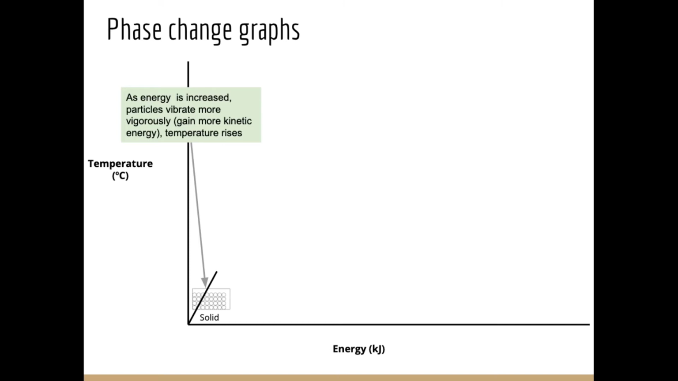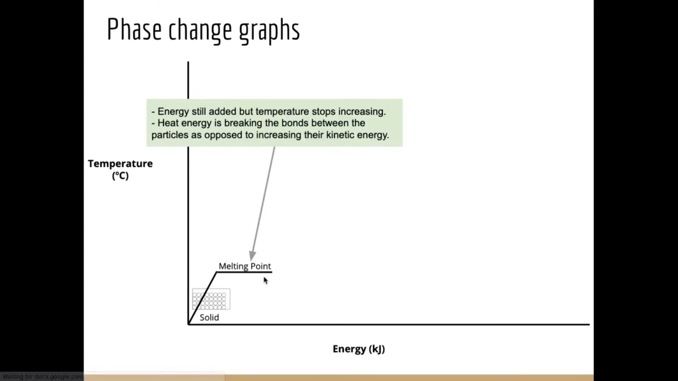As they vibrate more, they're still vibrating around a fixed point. They've still got a fixed volume and a fixed shape. However, the temperature is increasing because they're moving faster. But then we'll reach this point where the temperature will flatline, and this is the melting point. Now you see something very interesting here. Whilst it's melting, the temperature doesn't rise any further. The temperature stays the same